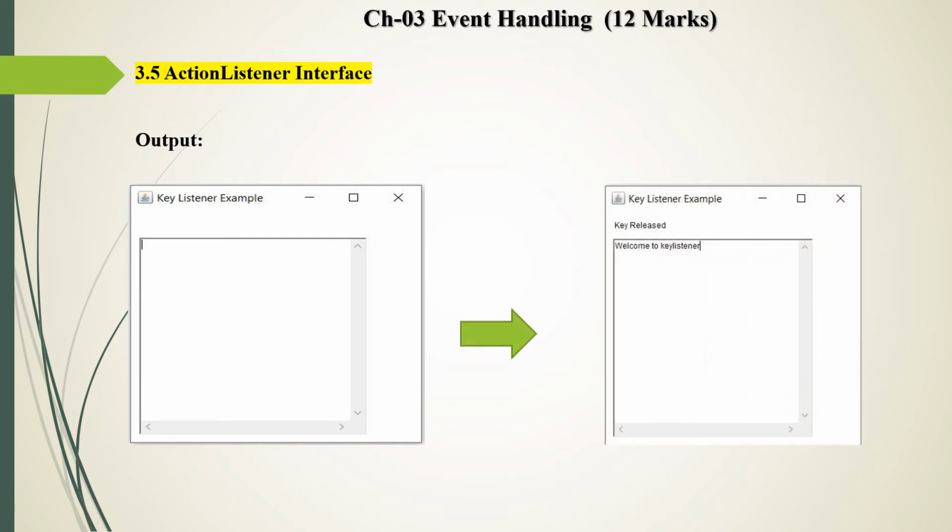When you type something in the text area, the label is set according to your operation. When I press something, the message displayed is key type. When I release the key, the message key release is displayed. So this is a simple example to implement the key listener in our program.